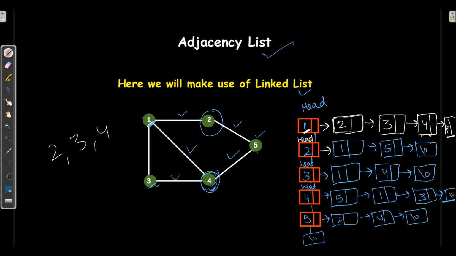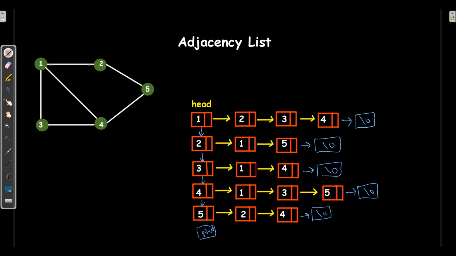So this is how we can draw adjacency list. For this, I'll be coming up with Python code, where I'll be telling you how to write code for adjacency list, but it will be in the next video. So here, this is a representation of list for this graph.